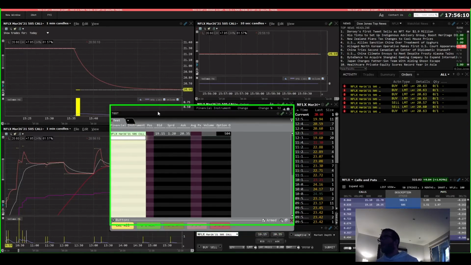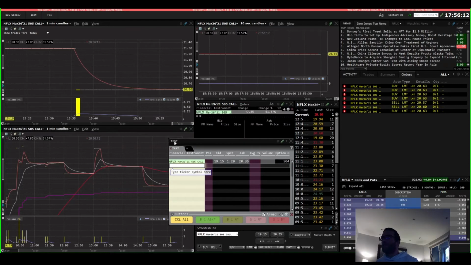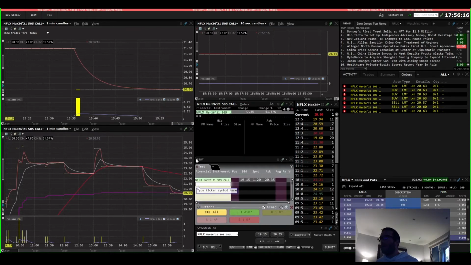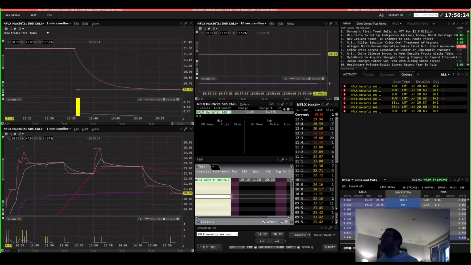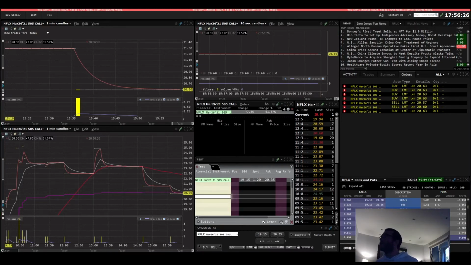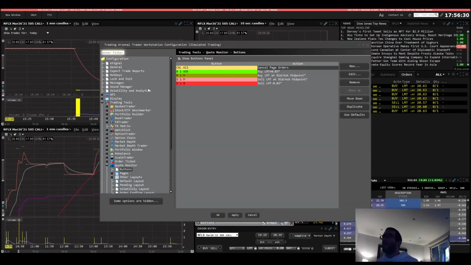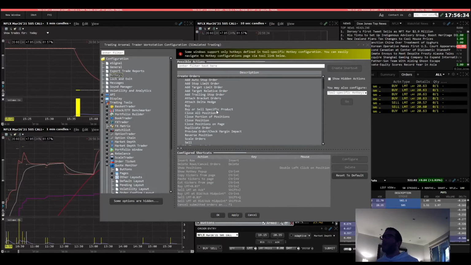You know, it's easy to do. To change, you know, if you want to buy 10 contracts, 20, whatever. So close that. Now see the hotkeys. Hotkeys up here, and